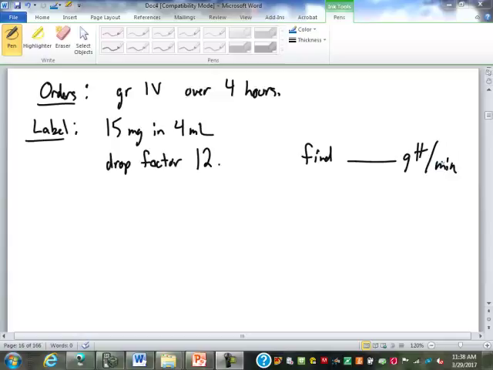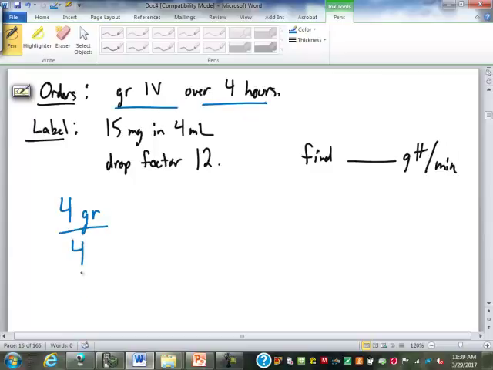So I've got an example up here for you guys to give a shot. Like I said, it's got a little extra twist in it, kind of like when we threw in the units. This time we're throwing in the grains. GR4 means 4 grains. So the doctor's orders here are for 4 grains of medication. So that's what we're going to start out with, 4 grains over 4 hours. So we're going to create the rate